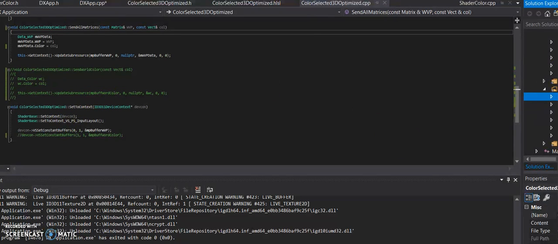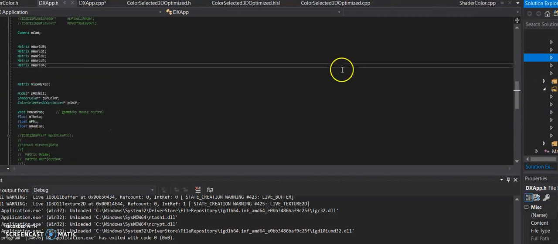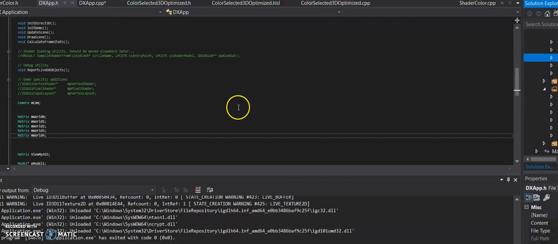Here's set the context, and then within DX app, I have multiple matrices for part 2,